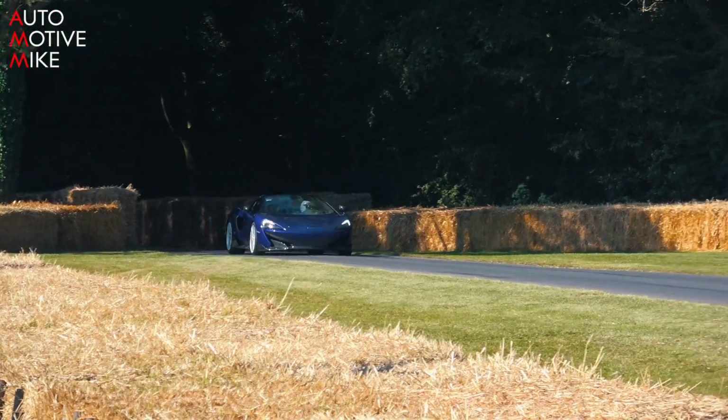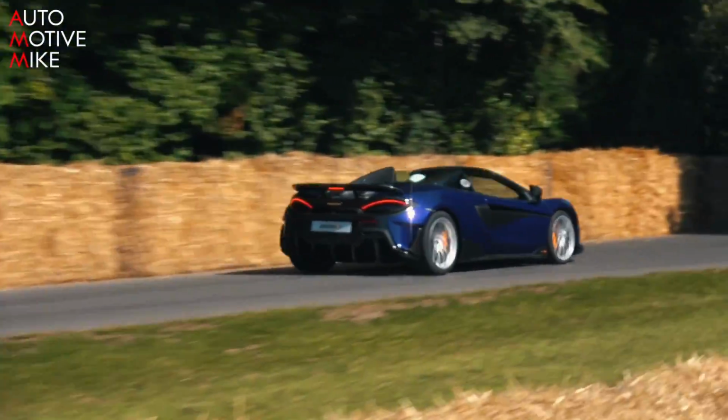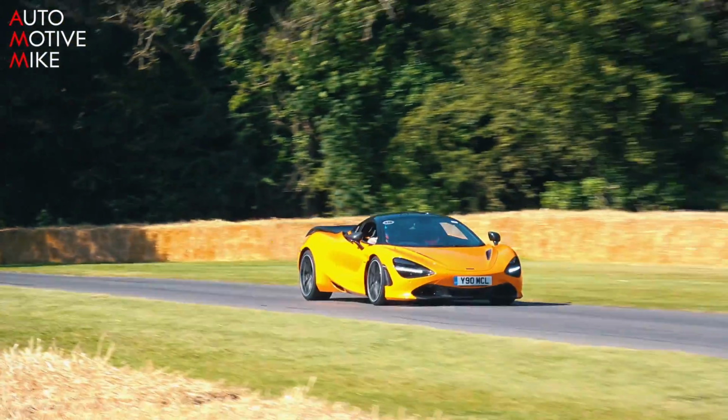Ford and a McLaren 600LT GTR that was launched at the Members' Meeting, now running up the home straight. McLaren goes from straight to straight. They sell these cars